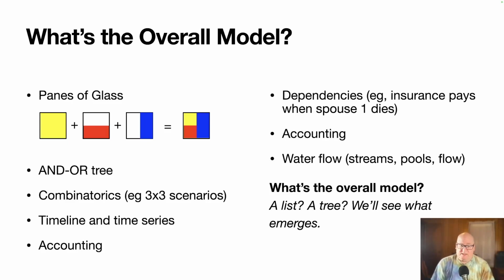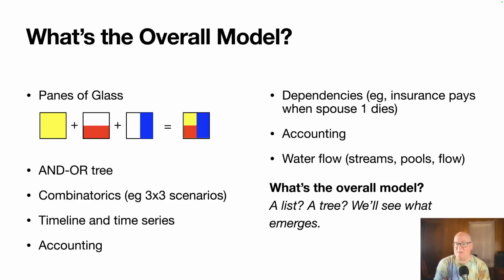But we have this notion of assets and liabilities and so on. They're all financial terms and financial ideas. There may be something in there we can use to pull it together. Next level is I have the notion of dependencies. So if I want to represent insurance, well, insurance kicks in when a spouse dies, say, and we can create dependencies, where the start date of the insurance is the end date of the spouse. Okay. Accounting, I wrote that twice, even though I think it should be finance.